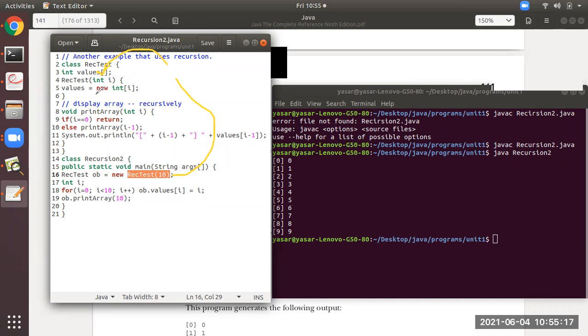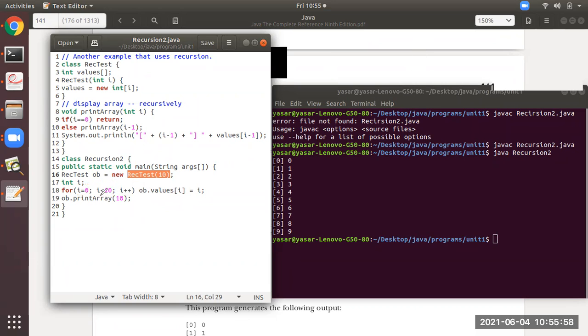So inside that, values is an array variable. Remember this. This is another way of writing an array variable. So the array variable is allocated with the size as 10. Okay. So values is an array with the size as 10. Remember this. That is done now. Then after this is done, you all can see in the main method, i is int. Then in the for loop, you see i equal to 0, 0 less than 10, and i plus plus is the for loop. So how many times will this for loop repeat? It will repeat for 10 times from 0 to 9. 0, 1, 2, 3, 4, 5, 6, so until 9. So 10 times it will repeat.